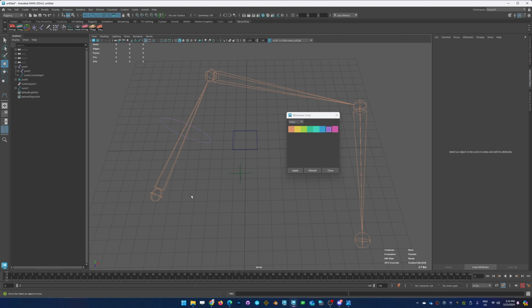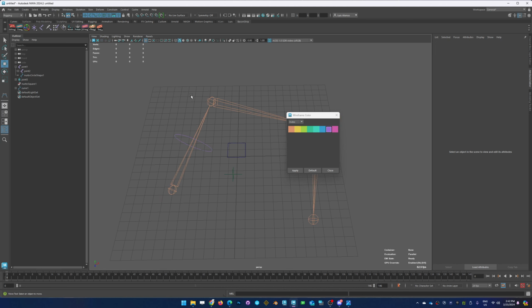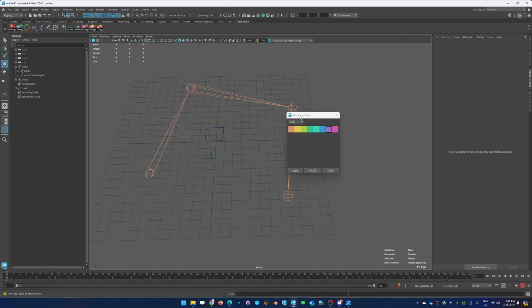So now you have that color, aside from what it inherited from all the parents. You can override that individually. So using stuff like this, you can make your rig a lot easier to understand. You create your shapes, and you could do it that way. So now I'm going to show you another method